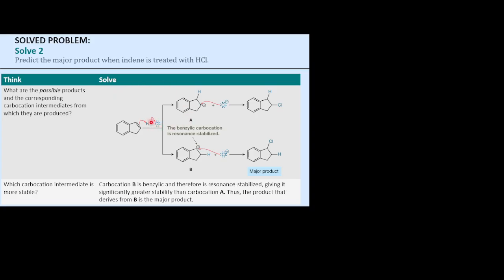Okay, we could add the hydrogen on this side, in which case we get this one. We could add the hydrogen on the other side, which would give us the carbocation here. Okay, so what we need to consider here for which one's going to be our major product is which one has the more stable carbocation. Okay? And so we have secondary in both places, right? That doesn't help us. But this one is next to a double bond, isn't it? And so remember, those are delocalized electrons. When you have a pi bond next to it, they're going to be able to get pulled over into that carbocation, and they're going to stabilize that, aren't they?